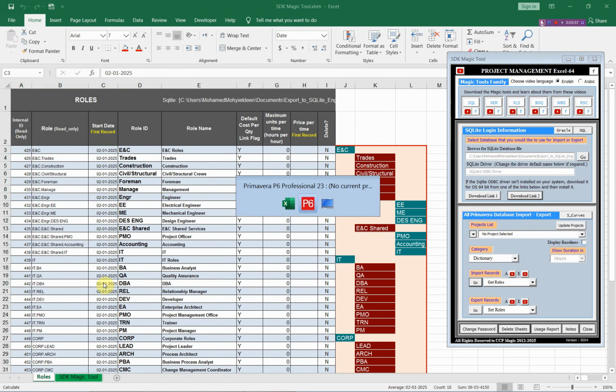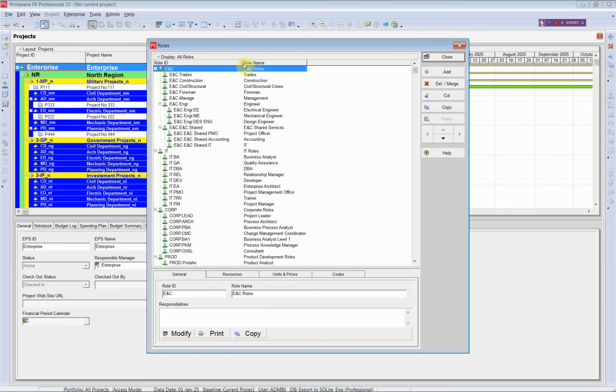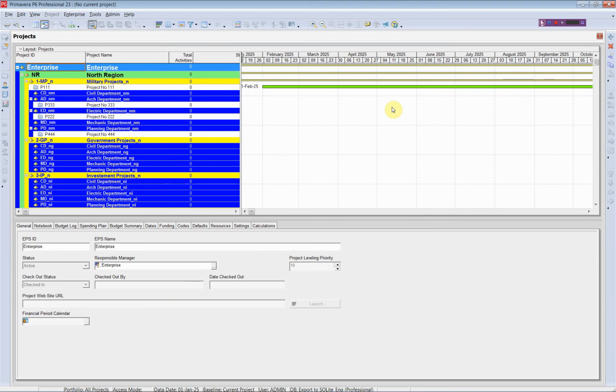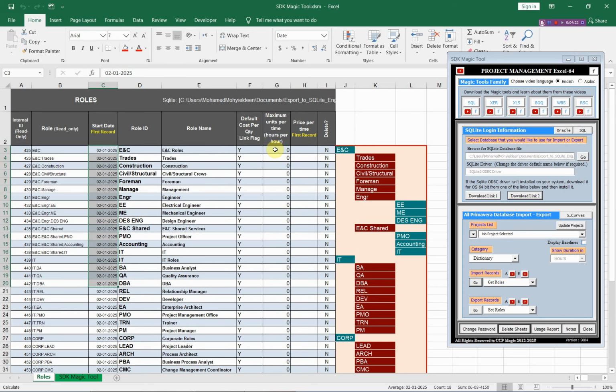Let us go to Primavera to check for these updates. From File, refresh data, and from Enterprise, open rules. As you see, we have now the same number of rules with the same view. We can modify any of these rules and export these results to Primavera. For example, in order to know how flexible it is when you use the SDK Magic Tool, let us change, for example, the first 5 rules,